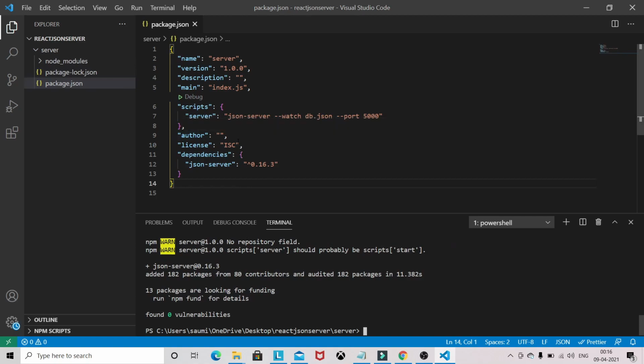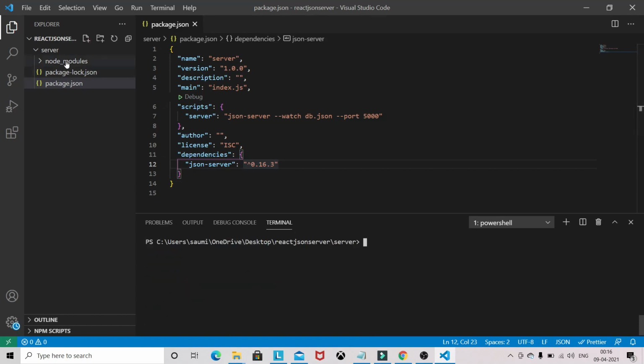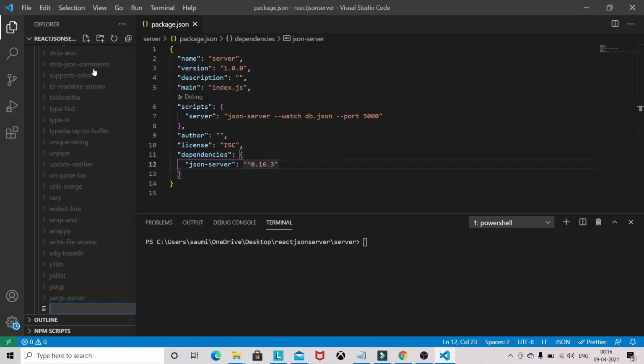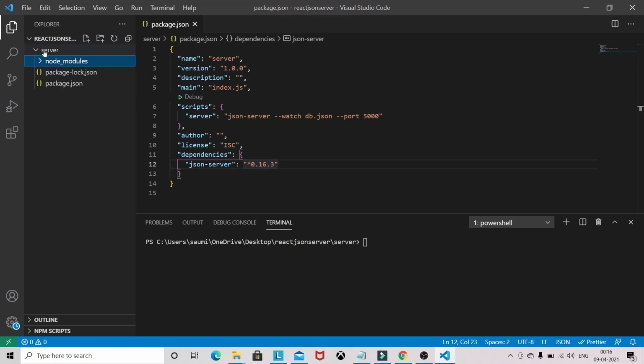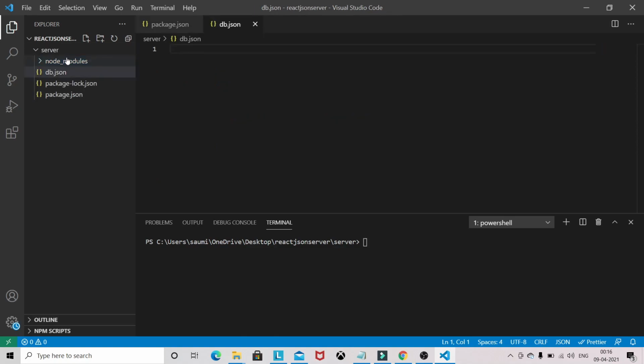Okay, so we have added that JSON server here, and we need to create that DB file. Sorry, not here, not inside node_modules, but here: db.json.